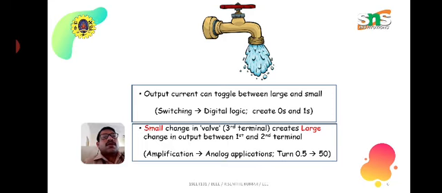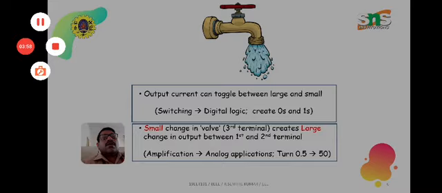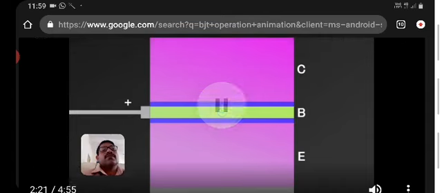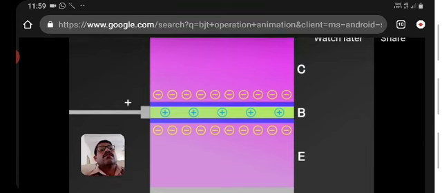Now let me show the animation. This is the animation diagram. See here the green color, which is the P layer, and the rose color, which is the N layer. The collector is at the top and the emitter is at the bottom. The emitter is light pink and the collector is dark pink, and the green color indicates the P-type layer. An NPN transistor consists of a layer of